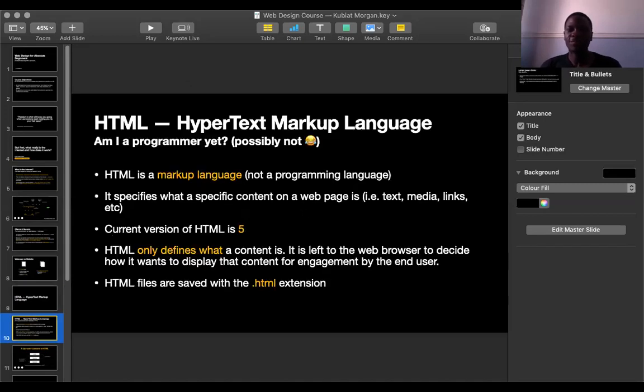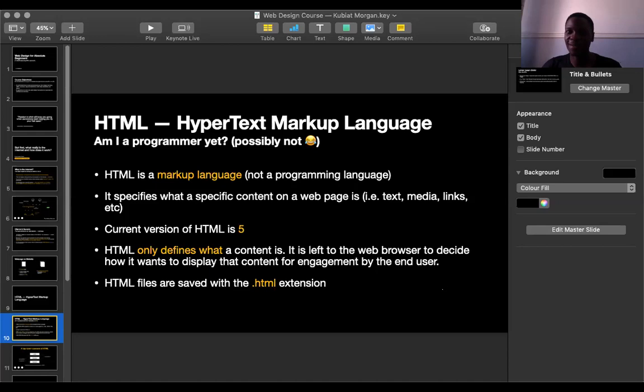The first thing I like clearing up with HTML is this. In my opinion, you are not a programmer yet if HTML is all you know.